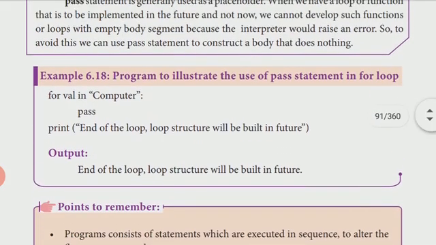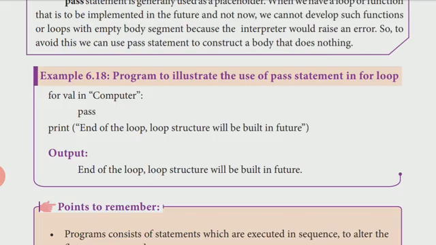See, another example is also there. For val in computer, pass, end of the loop structure will be built in future. So we are giving pass, that is, in future if you want to write any code, then you can use this pass keyword.